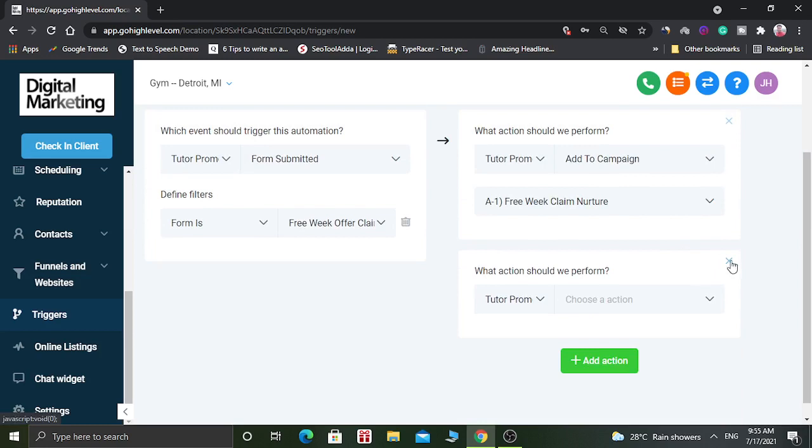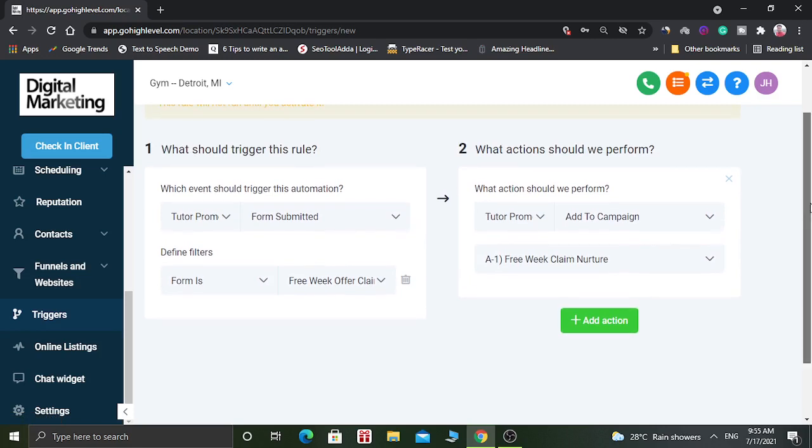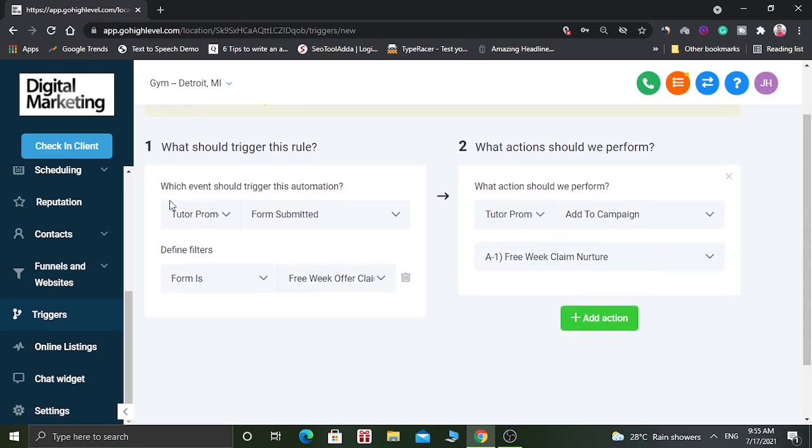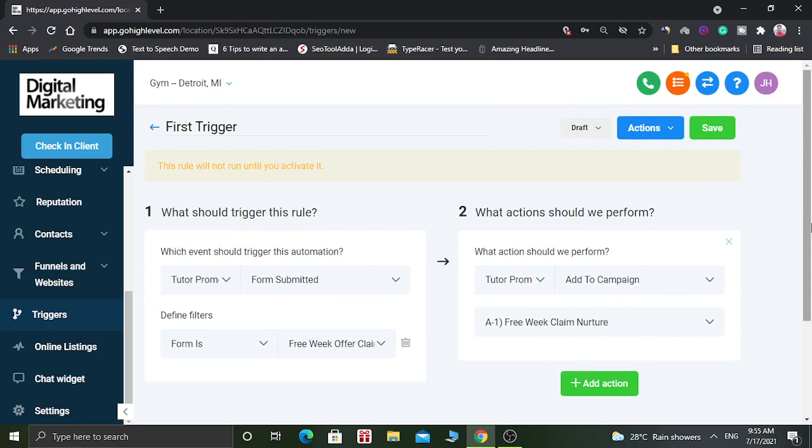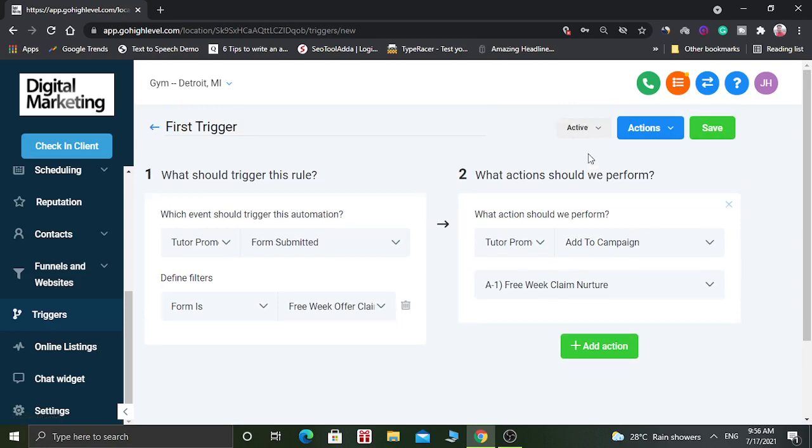But for this example, we are going to trigger only one action. The action will be add to a campaign. So when your customer submits a form, this action will happen and they will be added to a campaign. Then, in order for this to work, you have to make it active. So click on active, and now click on save.